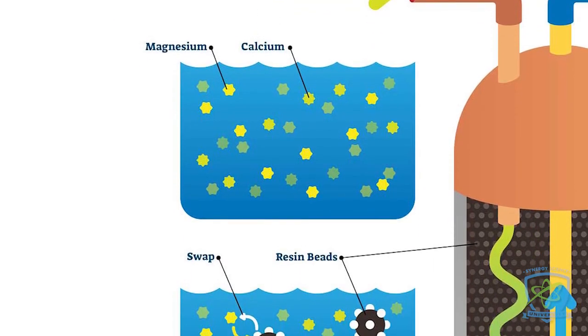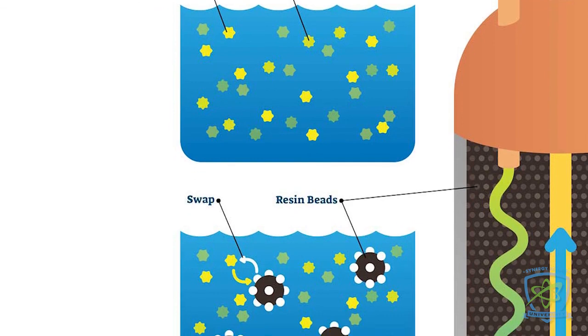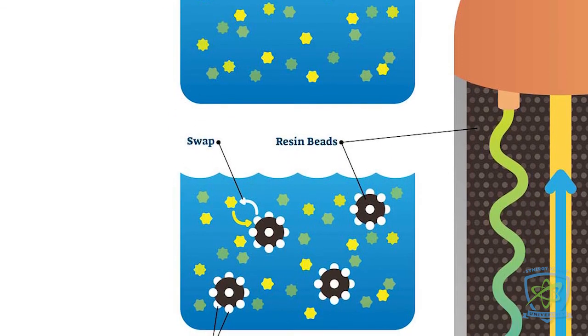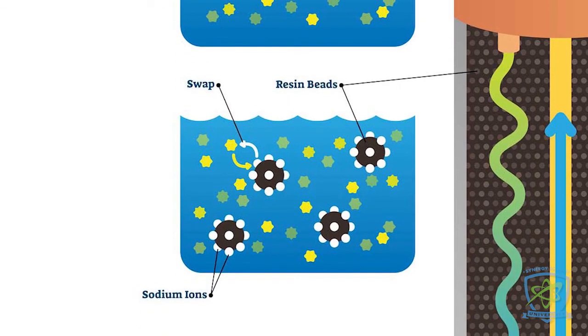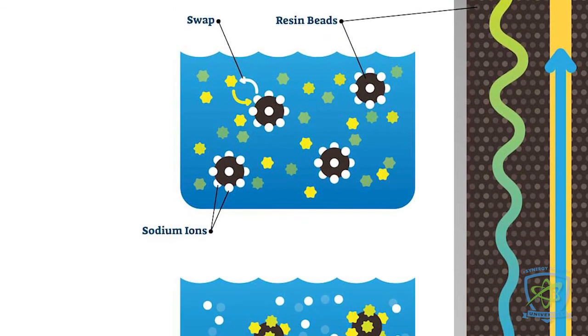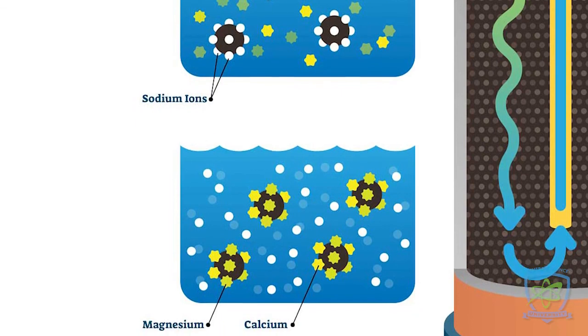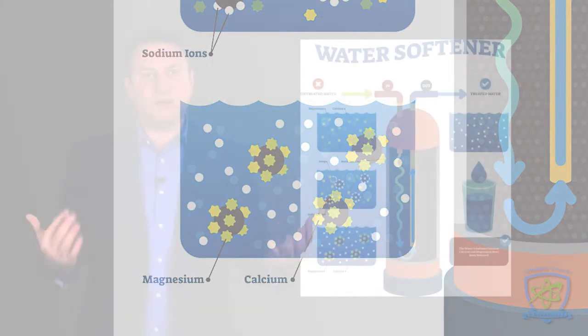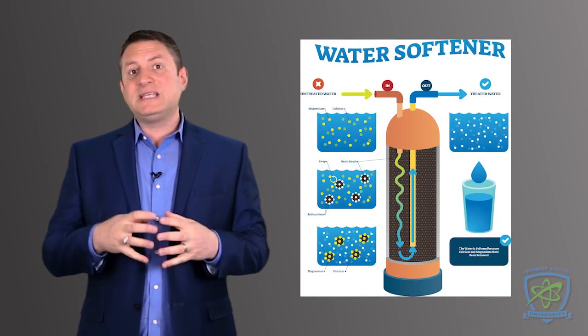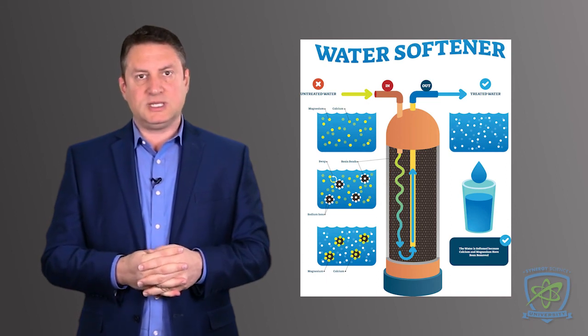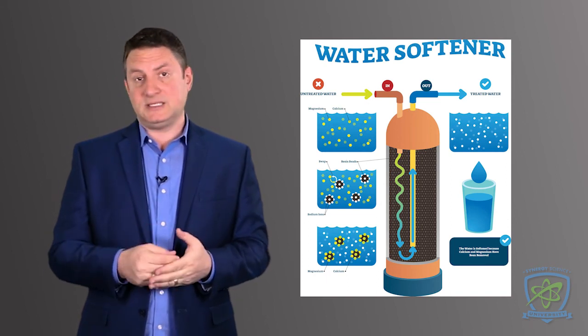There's almost like an exchange: I'll take your heavy metal and I'll give you a salt molecule. So there's a swap, a salt or potassium molecule for every molecule of hardness, minerals, or heavy metals. That's how a water softening system works. And again, you can use salt or potassium as your